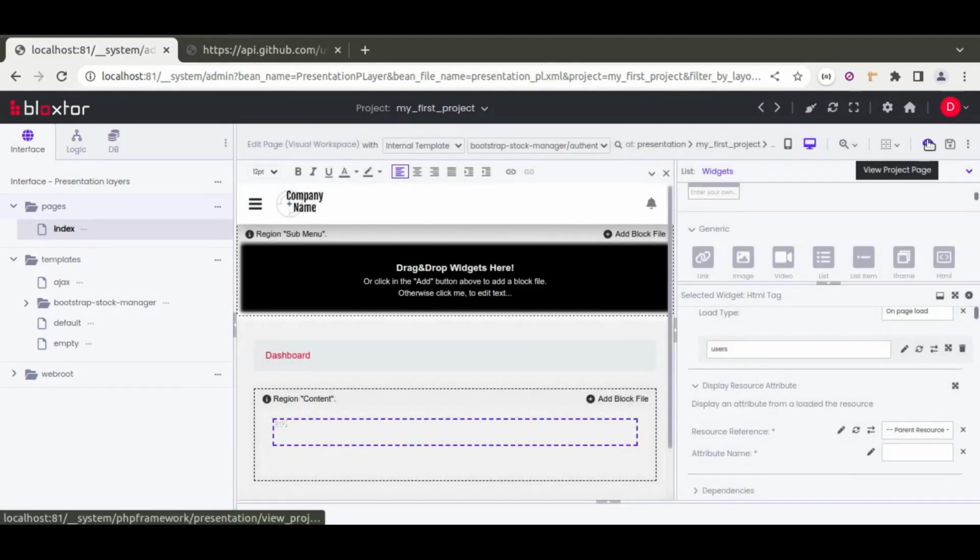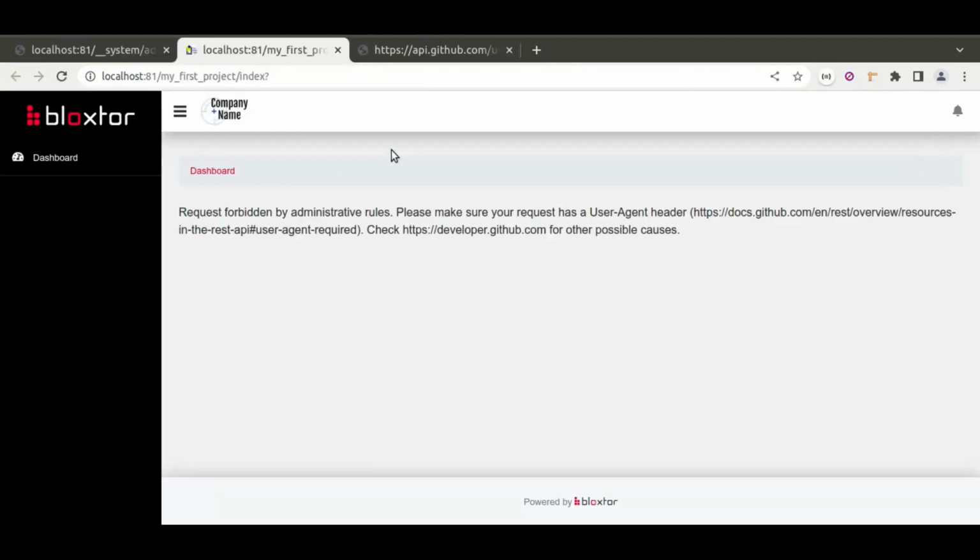and we can preview our page. Okay, voila. The first thing that we can see is that we have a message. Probably that was what the third-party server returned. So basically it's saying that we cannot access that REST URL because it's missing this header here. So when we call that specific REST URL, we need to pass the